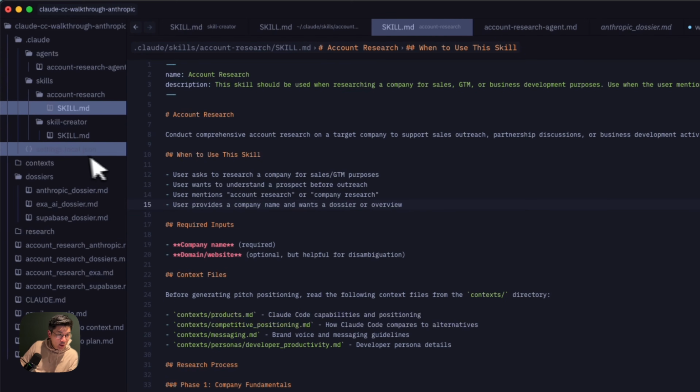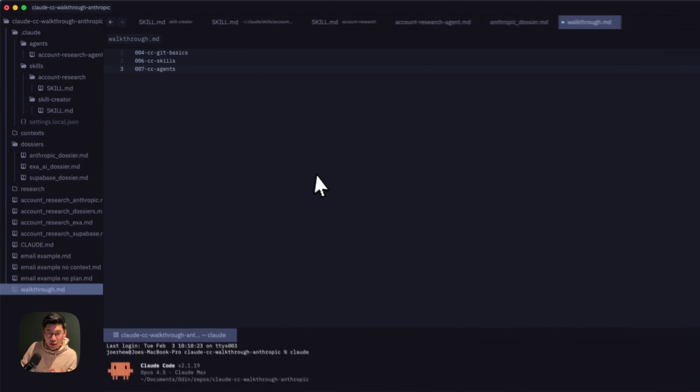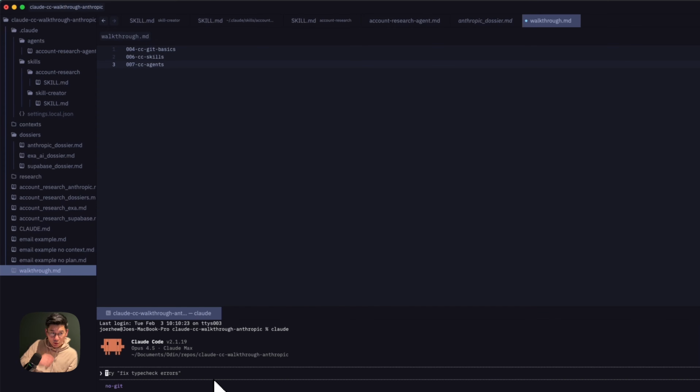Okay, so let's see. I wrote this markdown file here. We're going to take the skills we learned from Git Basics, skills, and agents. We created the skill and the agent in previous videos, and we're going to package those up as plugins. So first things first, we're going to turn this into a Git repository, right? So I'll just ask Claude to create a Git repository for this. I'm going to say, hey, can you turn this repo into a Git repository and put it in